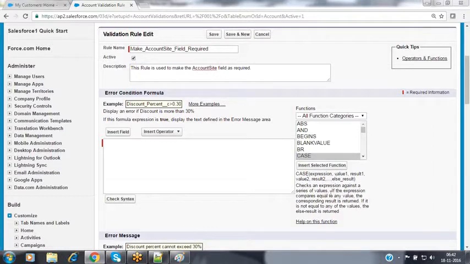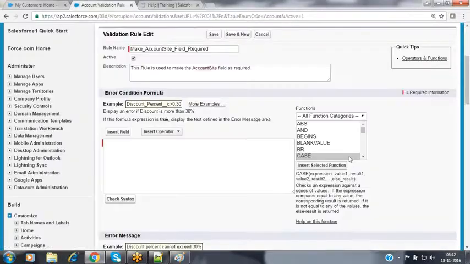Now if you need any help on this, if you need any sample examples, then you can click on this link, help on this function. When you click on this link, Salesforce automatically provides that help information here, so that we can directly get some help on those functions also. That flexibility is available to you. Now, whenever you are writing these functions in validation rules, there is no need to type anything here. Everything we can perform through the mouse pointer itself.